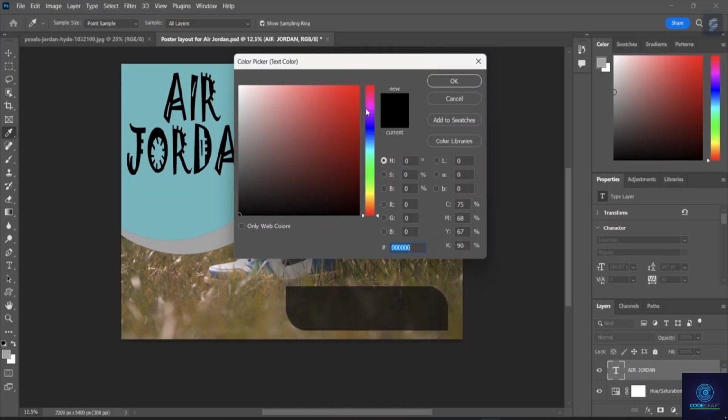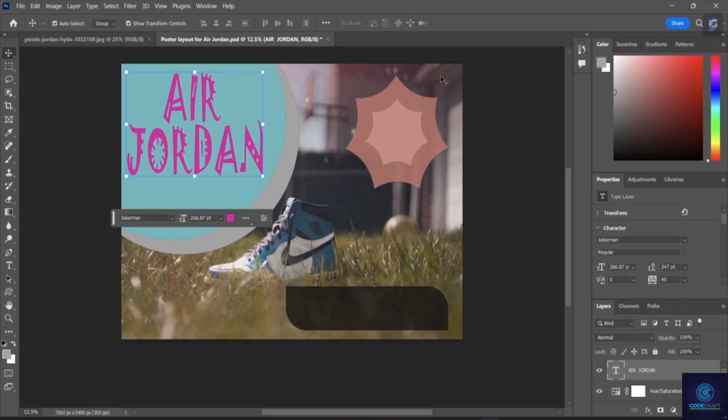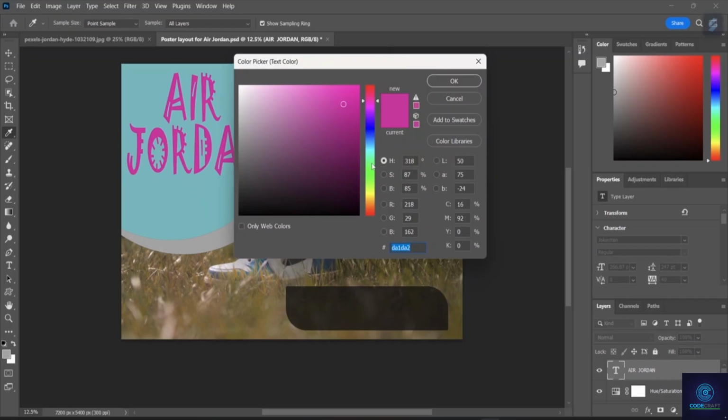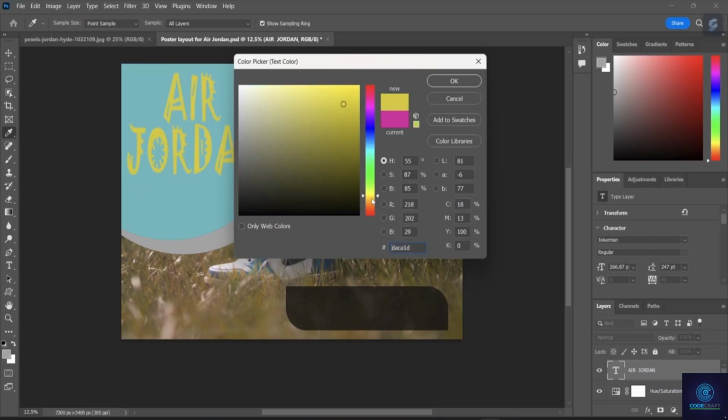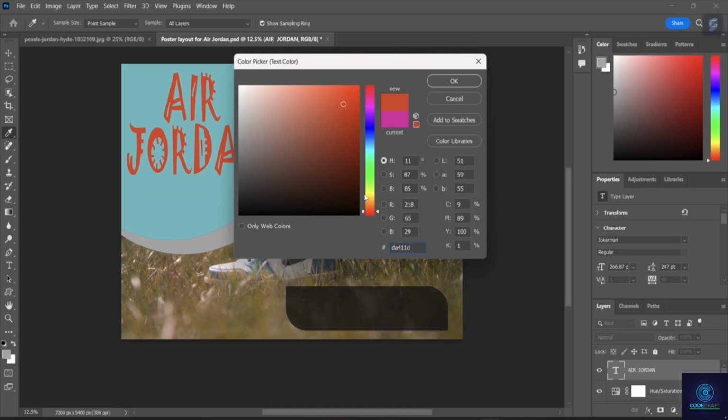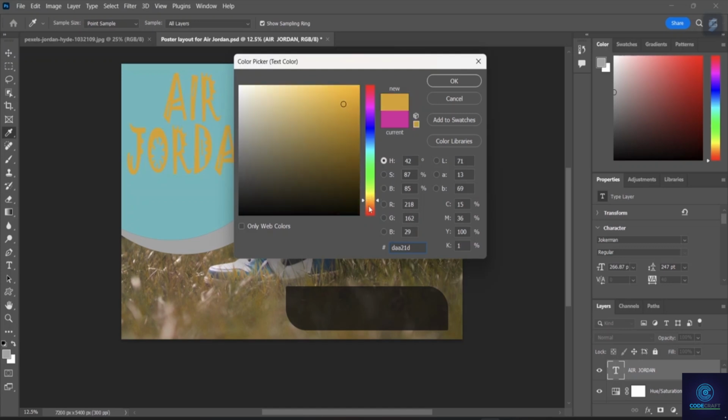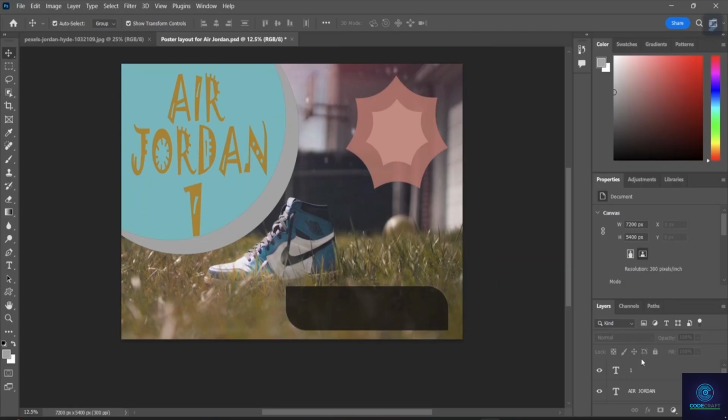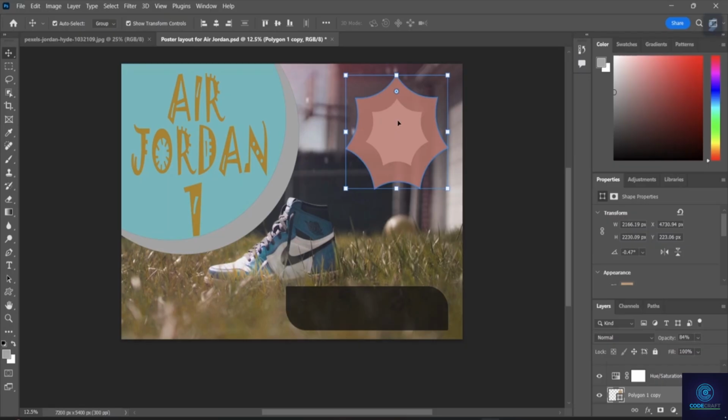So let me just put up a different color. Okay, so let me choose this color, and this color is okay, but let me try different colors as well from this section. Okay, I will try to get some color which matches. So here I have just designed this first layer here, and now let's come to this one, and I want